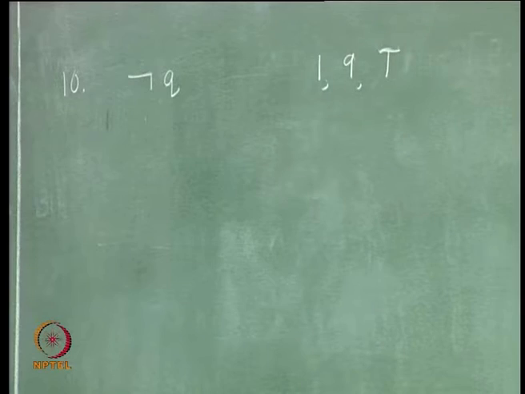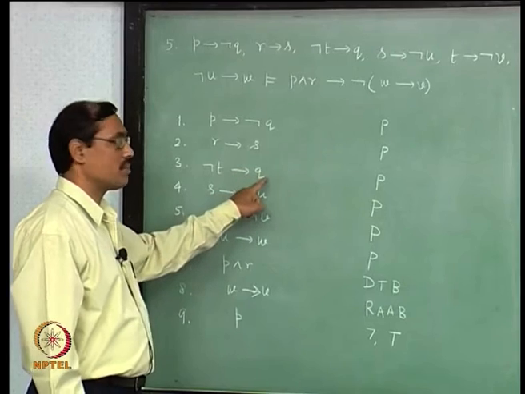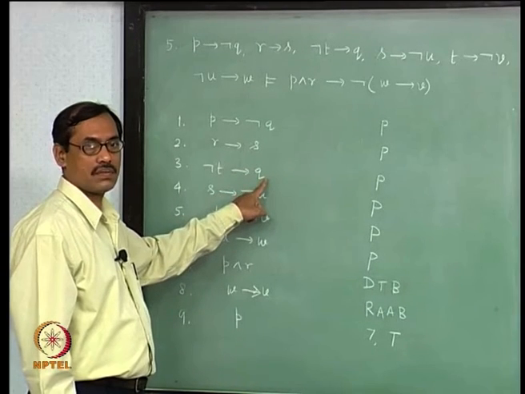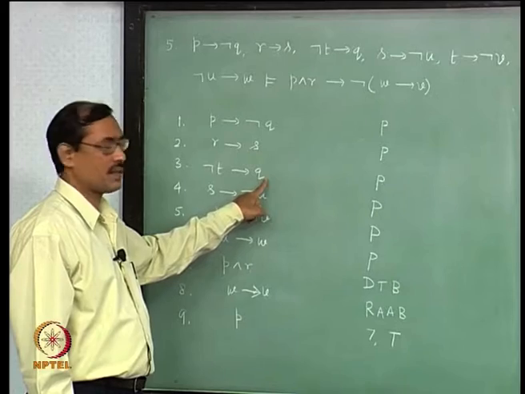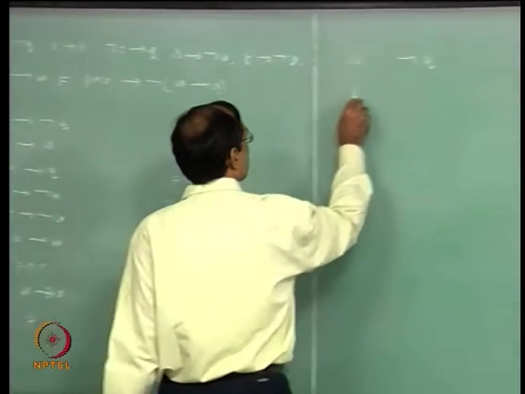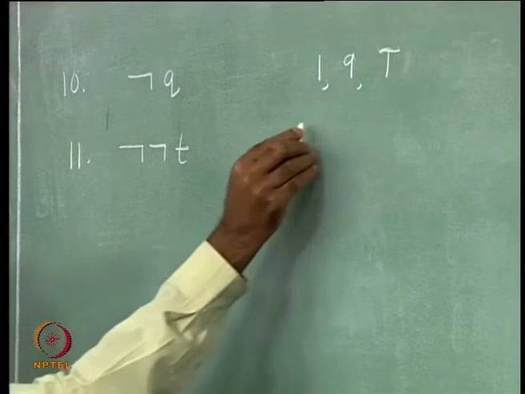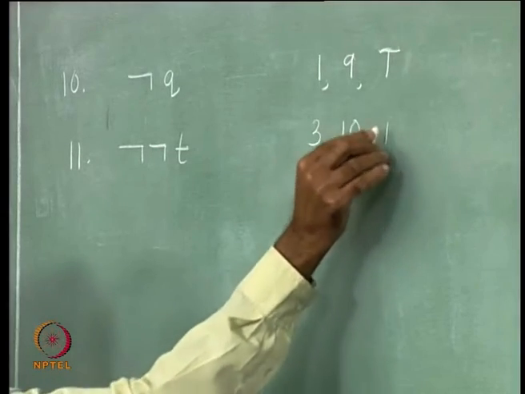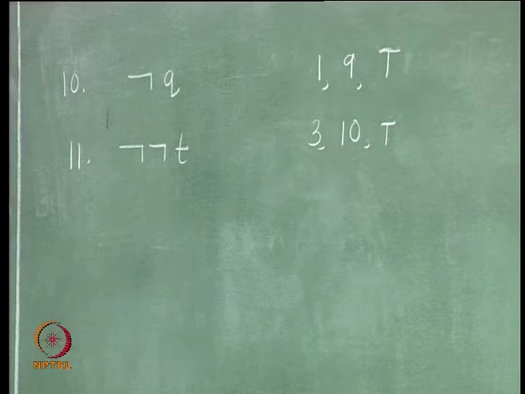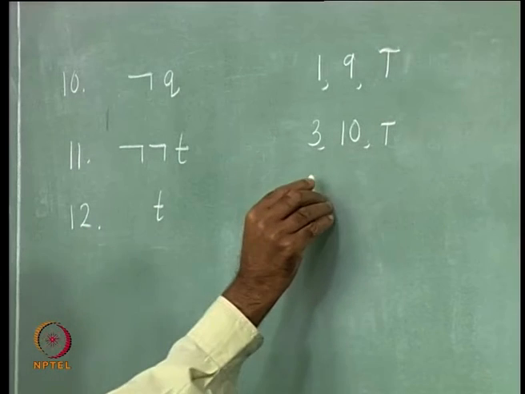Now, then what we want to do, try to see wherever Q appears. So, it is in the third line, not T implies Q, and you have not Q. So, you can use modus tollens, right. It will give not of T, right. So, that gives not T by using line 3, 10, T. Again modus tollens, if you do not remember the name, just write T, fine. So, now not T, first let us bring it to T using double negation.